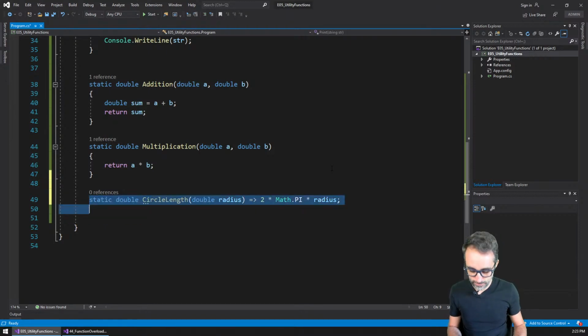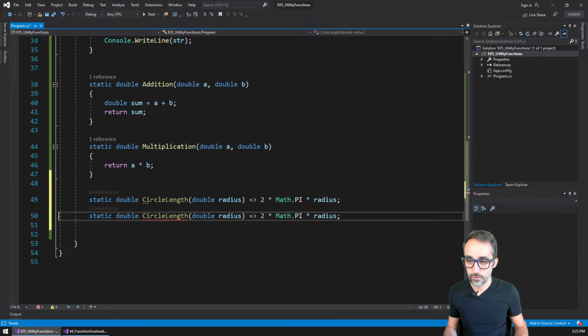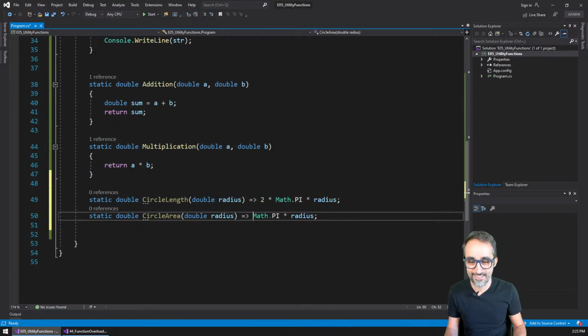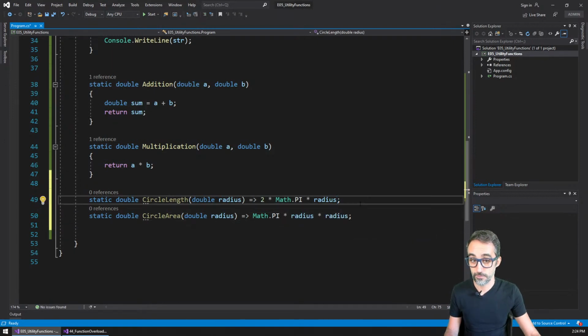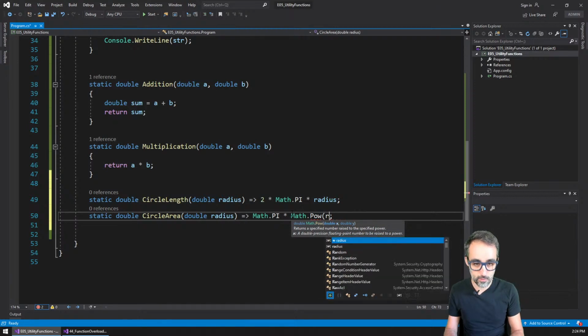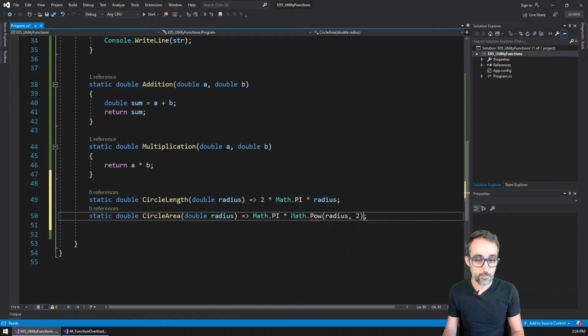Similarly, we can write a very similar function, which is going to be, for example, circle area, right? And here, what is this going to be? Circle area. And sorry, what is the equation for the area of a circle? There you go. It's pi times the radius squared. And we could use math dot power and say I want to square the radius to the power of 2. But for such a simple